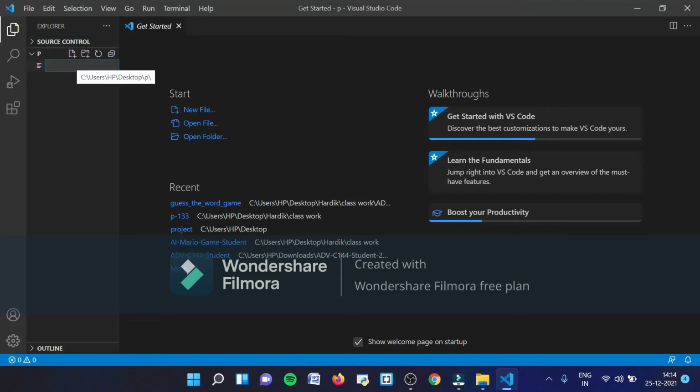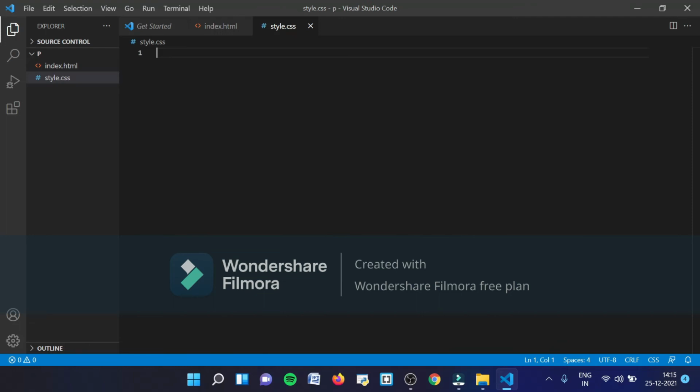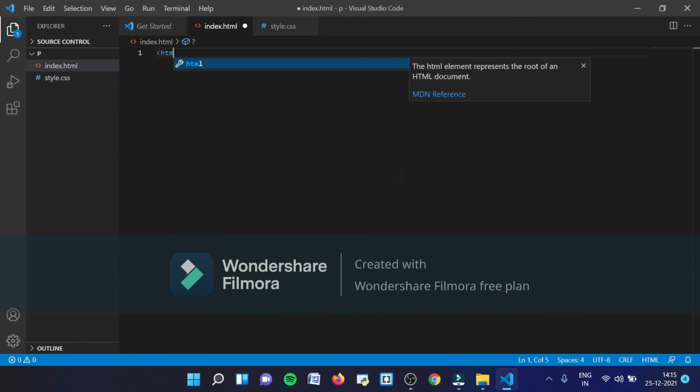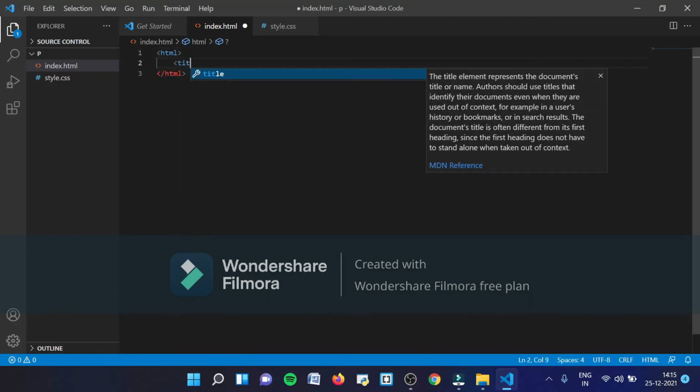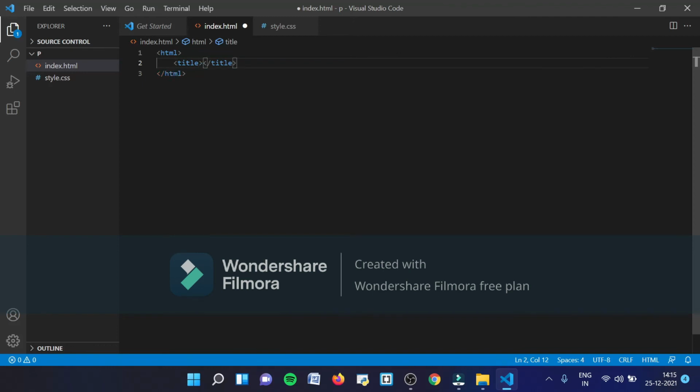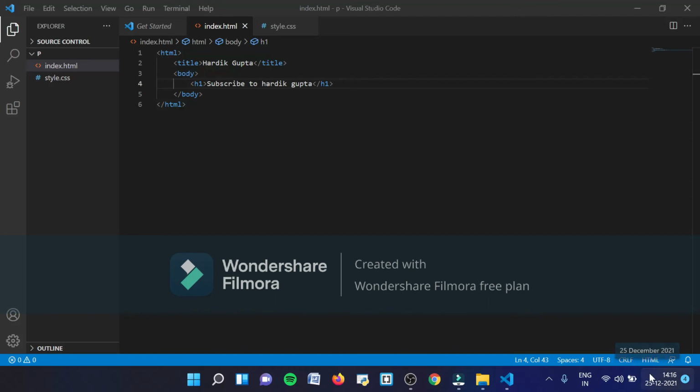You can give any name, and if you are making a HTML file, you have to write .html after it, and if a CSS file, you have to write .css. I have made these files. Then first you have to write basic functions like HTML, title, and many others. For running your website, you have to click on Go Live button,